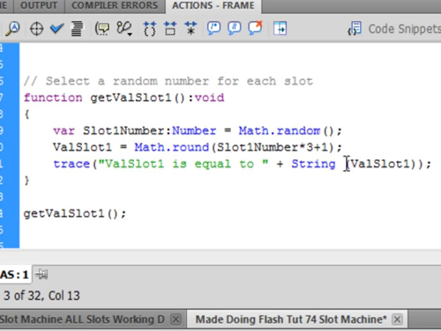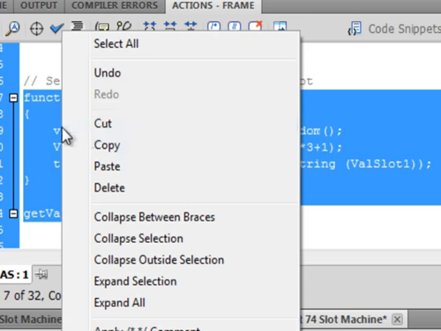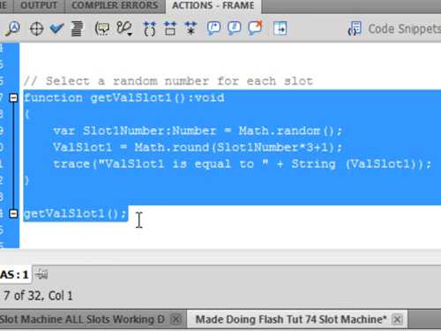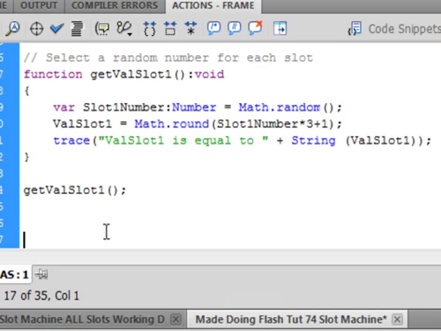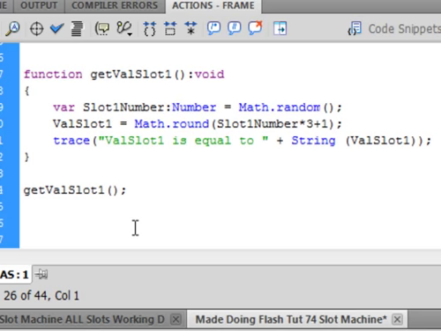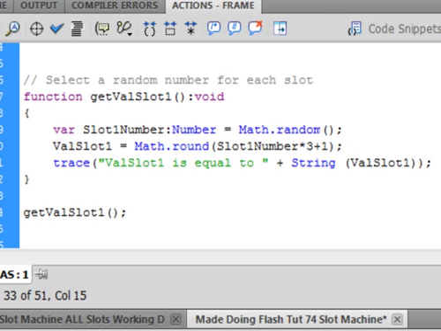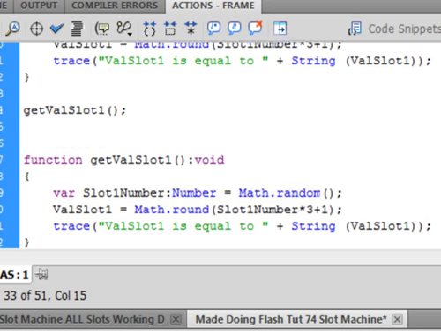Down here, grab all this from here up to there. Right click, copy it. Couple spaces, paste it. Couple enters, paste it. Now up here was dealing with slot 1, now we're dealing with slot 2. So in here,